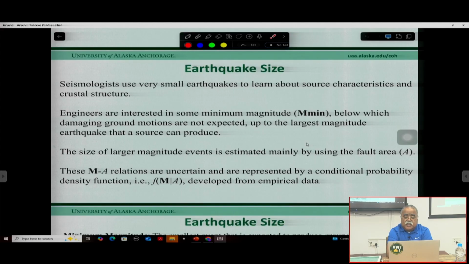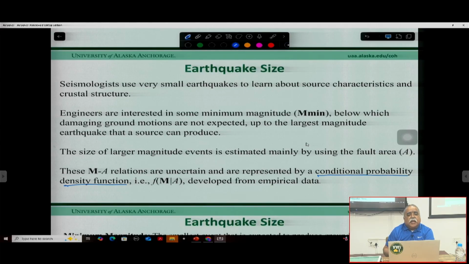So that means they need to have, in mathematical terms, what we call a conditional probability. So we call it a conditional probability density function. The density function is basically the PDF, the probability density function,